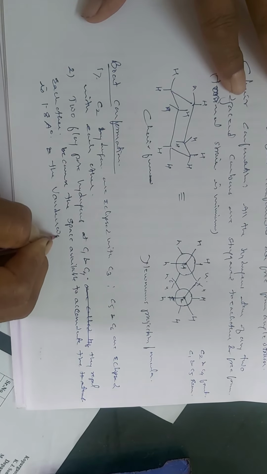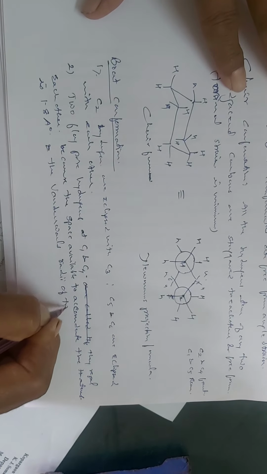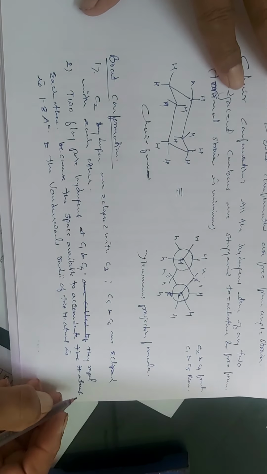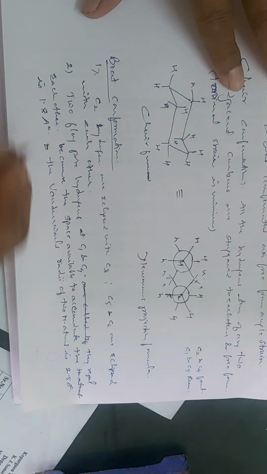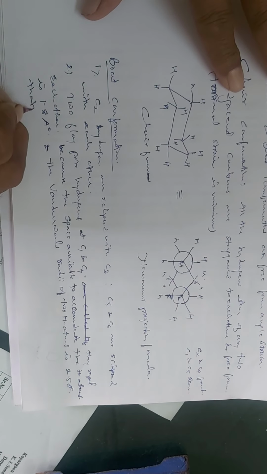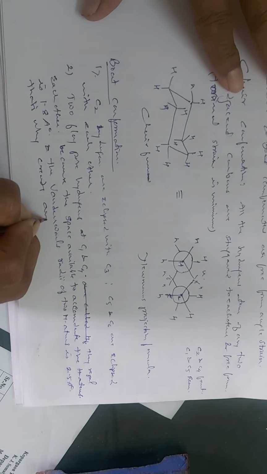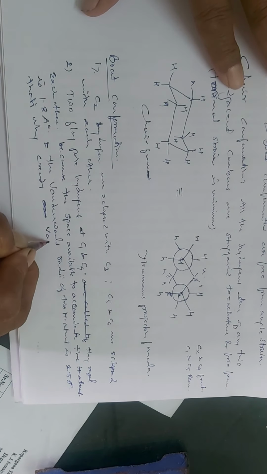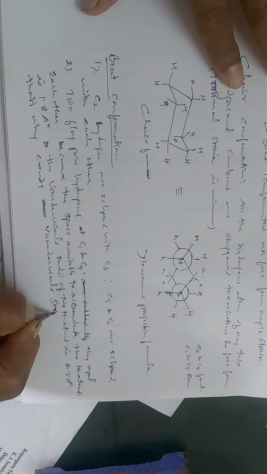and the van der Waals radii of two hydrogen atoms is 2.5 angstroms, and that's why it creates a van der Waals strain. It's called your van der Waals strain. And so due to this strain, the internal energy of the molecule increases a lot.